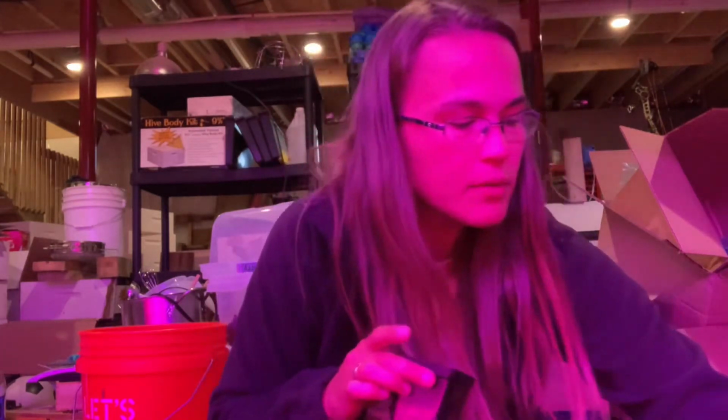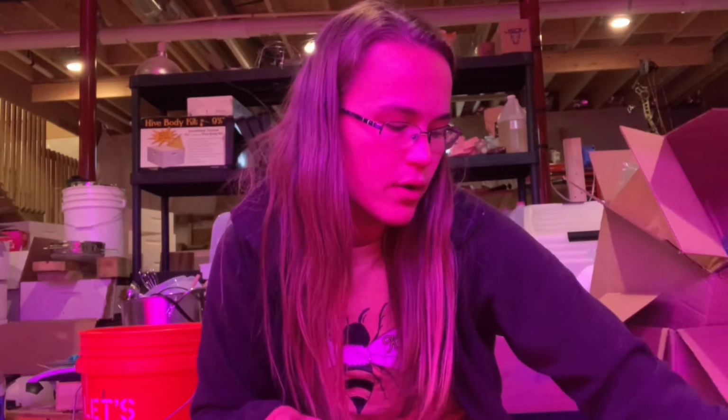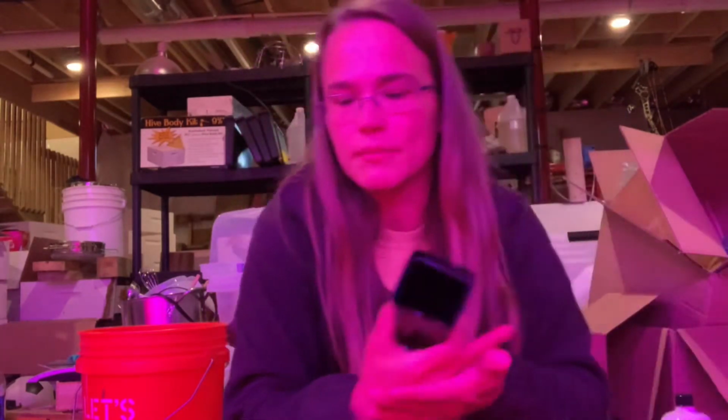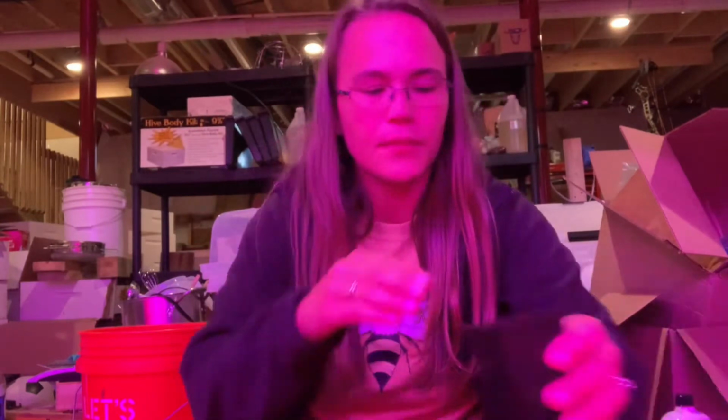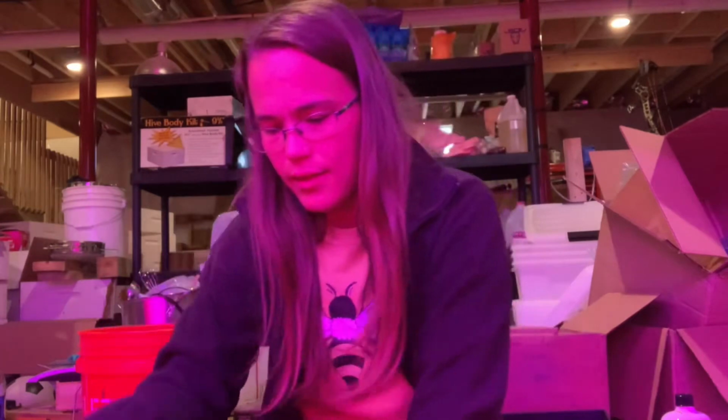And I have water, so my soil that I'm using, which is just Miracle Grow Nature's Care, the organic and natural potting mix, is super dry, so I want them to get nice and wet pretty quickly. So what I'm doing is I'm filling these pots up about half-ish way, and then